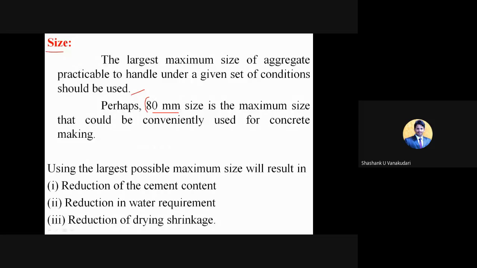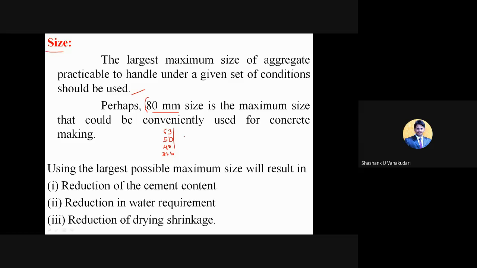So later this 80 mm, gradually we can divide that one as per the requirement. We can use 63 mm coarse aggregate, we can use 50 mm coarse aggregate, like we can use 40 mm. These all are the standard size, not random numbers. They are the standard size. Again 31.5, 25, 20, 16, 12.5, 10. So like that, they are with the standard size. So as per these standard sizes, the designs will get this size. Clear? So as per the applications, we can use different sizes of the aggregates.